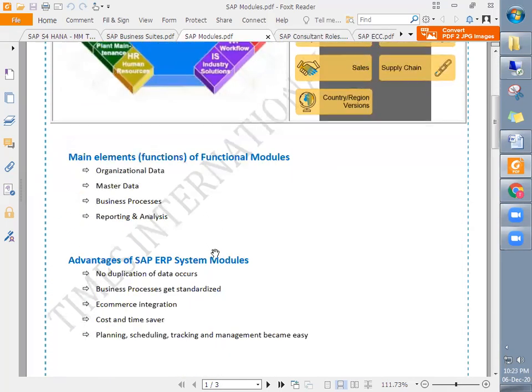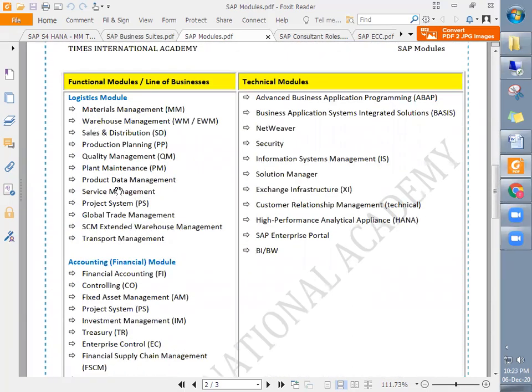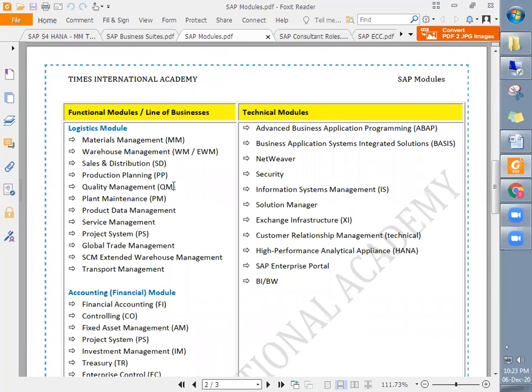There are so many modules for different departments. Like the materials management module is used for the procurement department. Warehouse management is used for the warehouse department. Sales and distribution is used for the sales and marketing department.